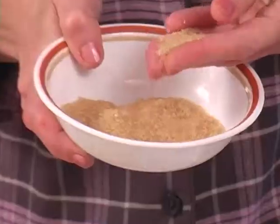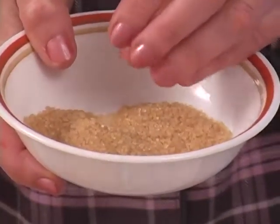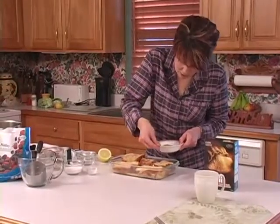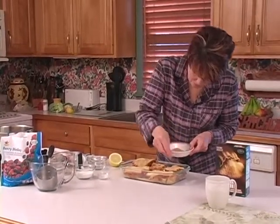So, have you ever used Turbinado sugar? What it is, it's a less refined sugar than white, meaning that in the processing of the sugar, they've left some of the molasses in the sugar, and it gives it just a little something that deepens the flavor of the sugar. And let me show you what it looks like. Beautiful golden large granules. And I use this in my coffee also, but it's beautiful as a topping for a dish like this or for cookies. So let's sprinkle a couple of tablespoons right on the top of this beautiful